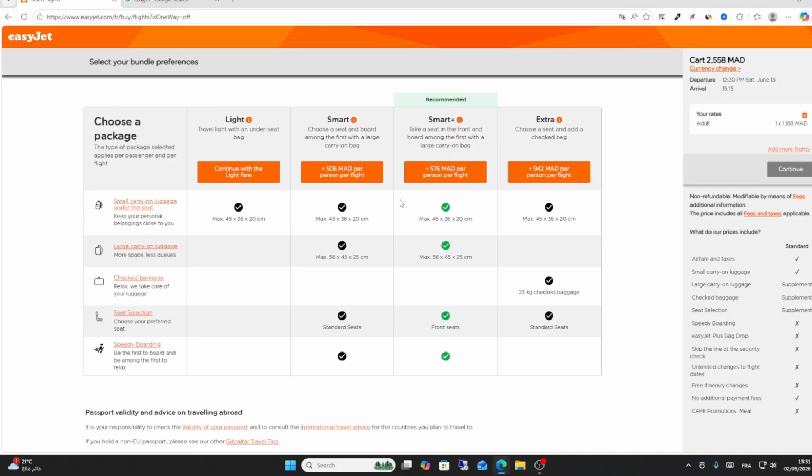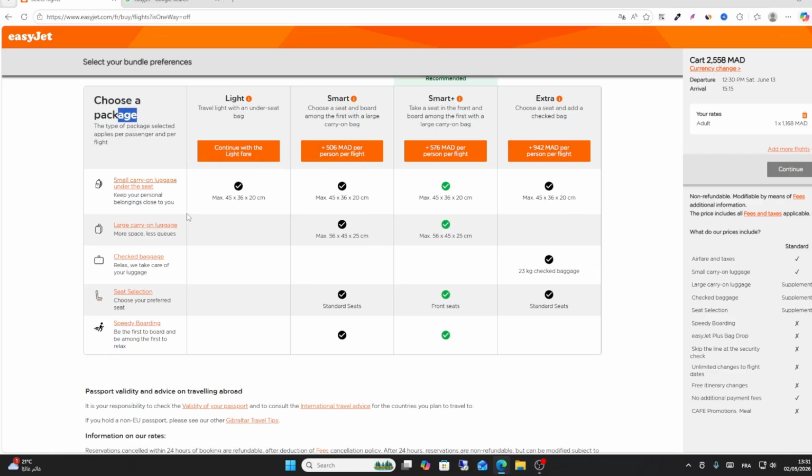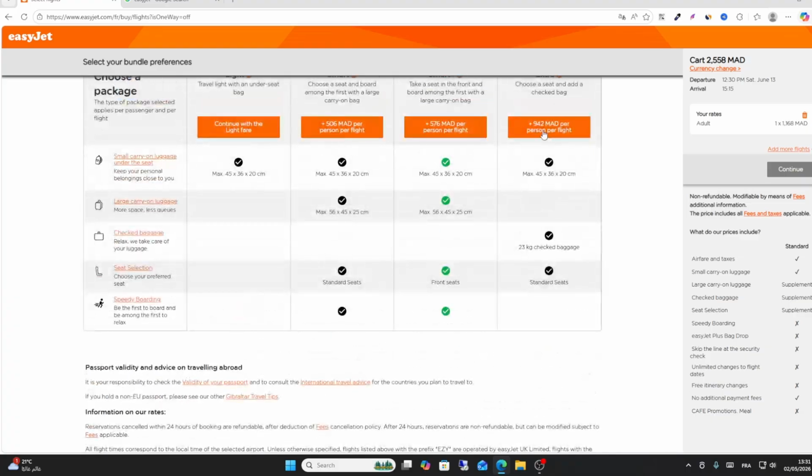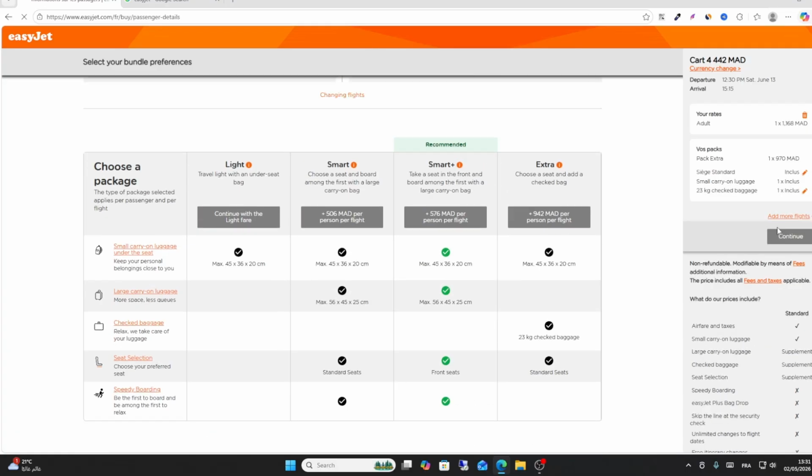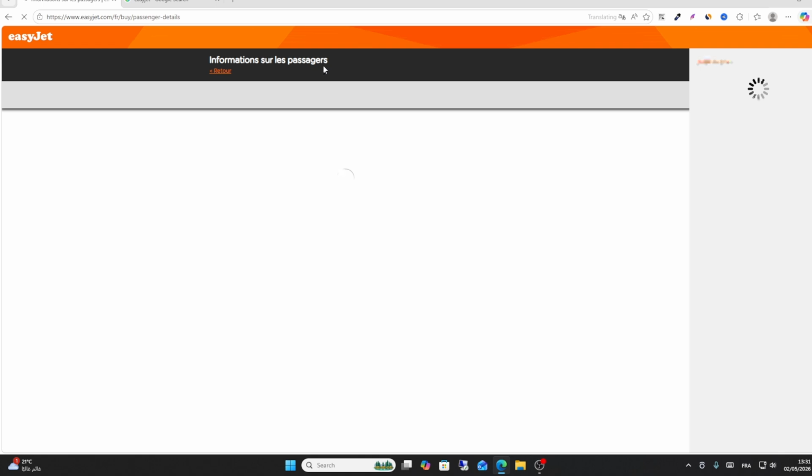You will see this page. You can continue with light fare. You can add a person. This is the extra. This is for package. Choose any package you want to add, for example this one, and then you will be directed to information for